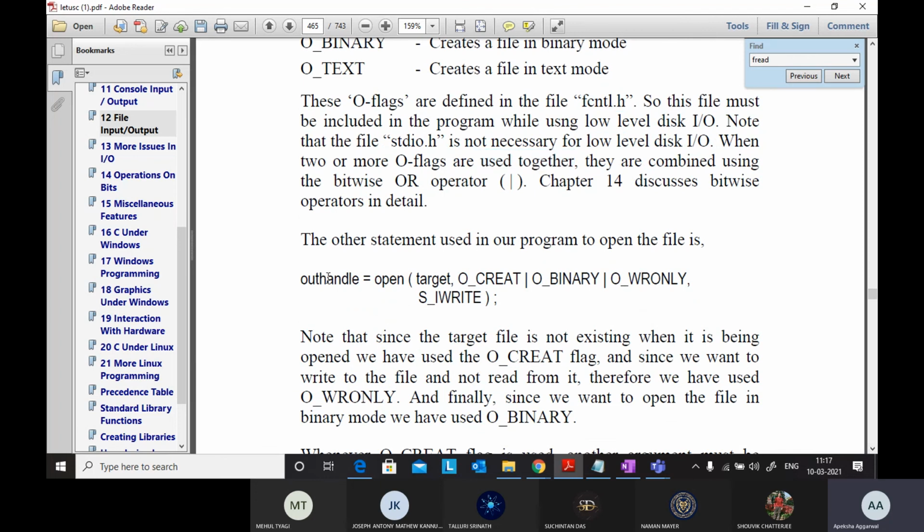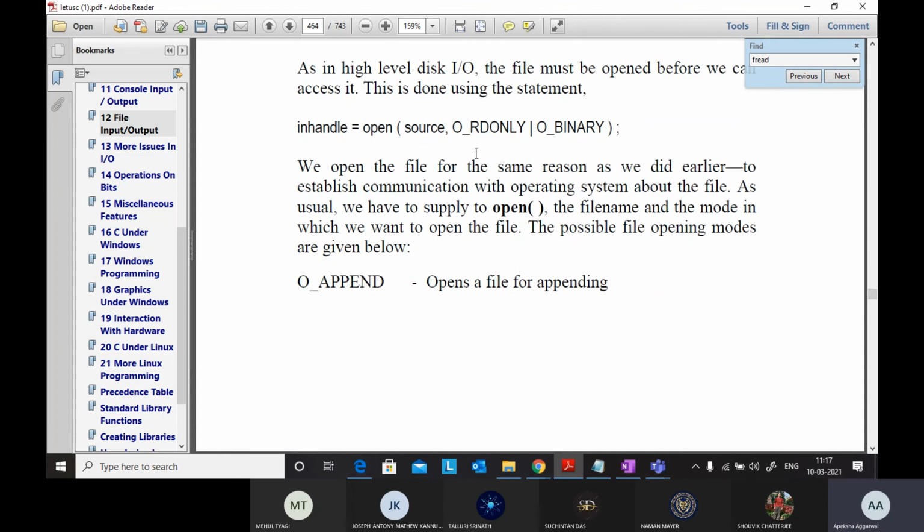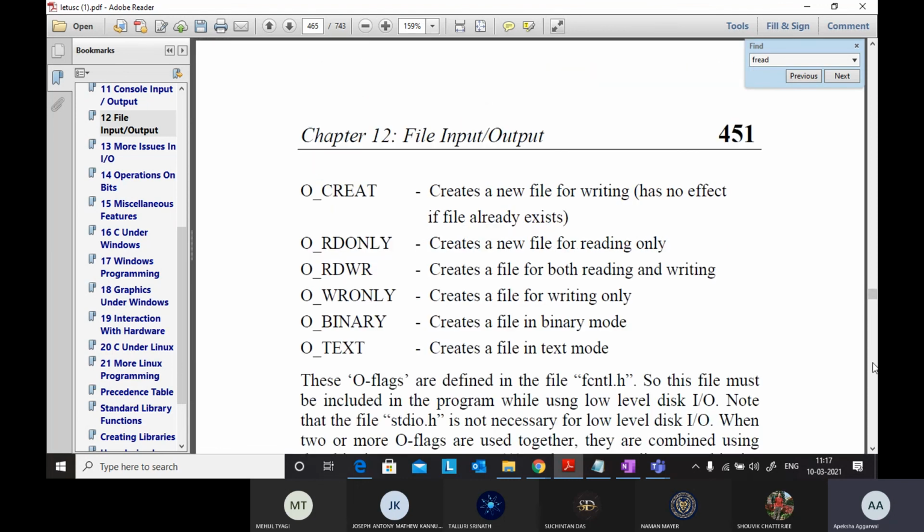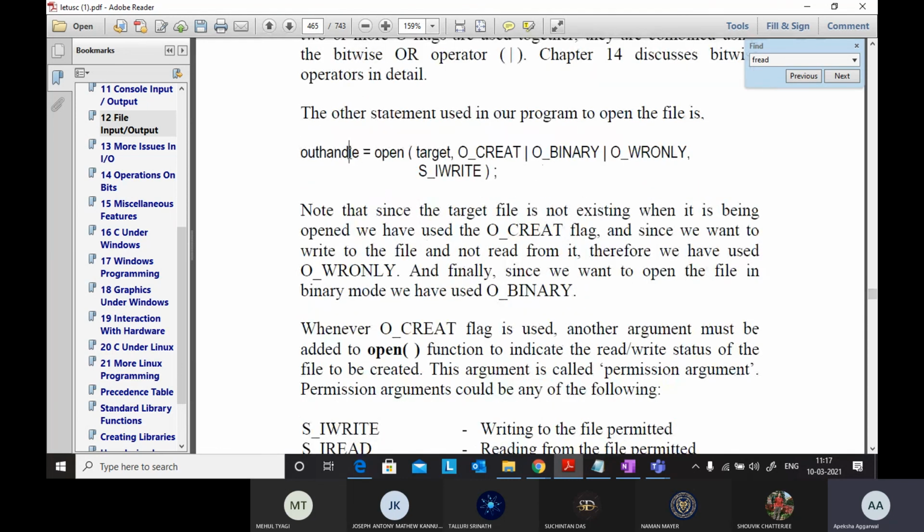Okay. Similarly, out handle. So in handle is opening your source file and copying the content of the source file to a buffer, and out handle is for the target file. Both are being opened right now, and then you will read and write. First of all, you are opening an out handle, and in handle and out handle are nothing but file descriptors. You use file descriptors in your program. You are opening the source file and you are opening the target file.